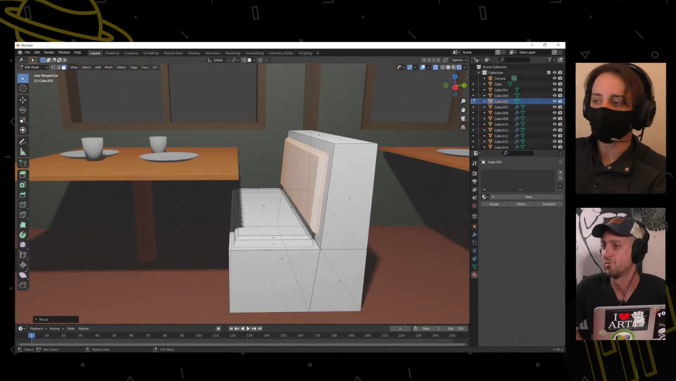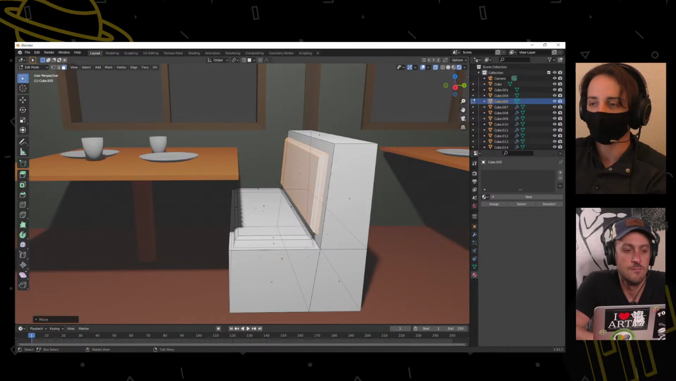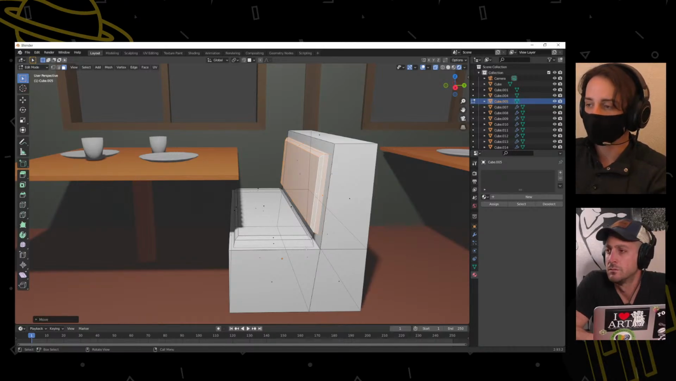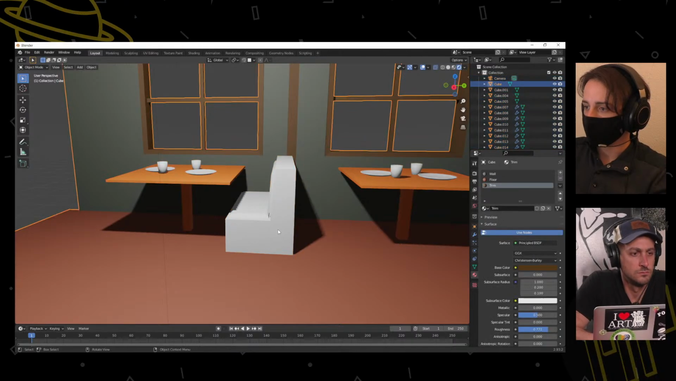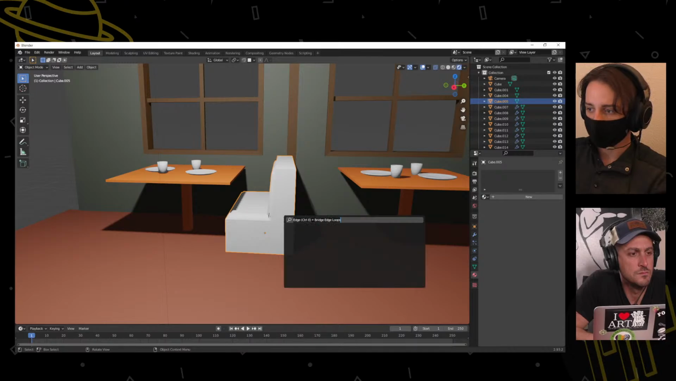I deleted the other seats because what I'm going to do is duplicate this seat as a linked object so that if I make edits to one, they all change. If you have a bunch of repetitive things, like I could do it with the plates and the cups, but it wasn't worth it. But with the chair, I'm going to add some of the cushions. So I added the cushions here. I can select this object, and I believe it is